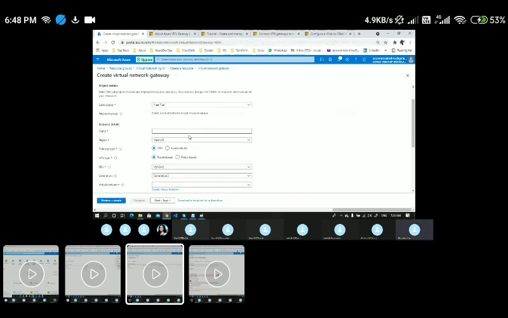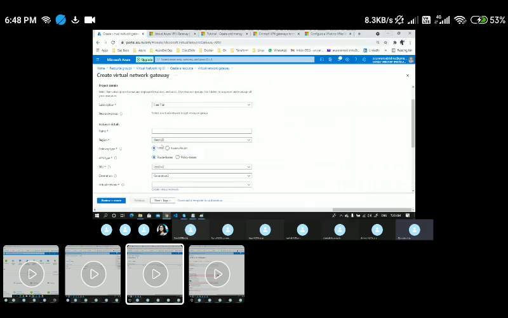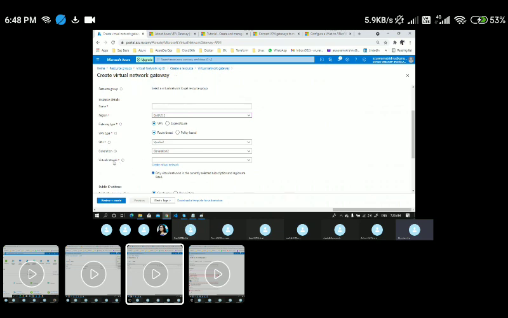And here, okay, so now this time I wanted to create a VPN gateway 2. So this VPN gateway 2, I wanted to attach it to the VNet 2. So my VNet 2 was created under East US 2. So here I need to choose the region as East US 2. So let me go up, and somewhere here you could see the East US 2, and here you could see the virtual network, to which virtual network you wanted to attach this particular VPN gateway.